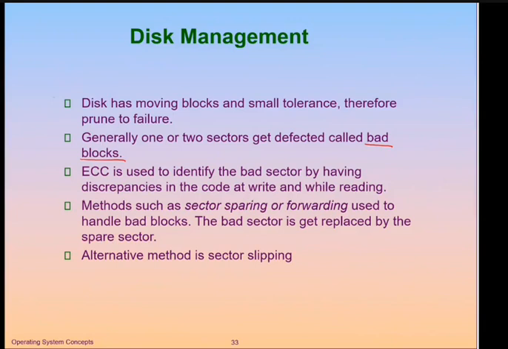Okay, to identify those bad blocks, because once we write the data in such blocks or sectors, that data will be lost. Okay, we cannot guarantee the integrity of that data. So how can those sectors be identified? As I told earlier, ECC code, or the error correction code, is used to check the integrity of the data.